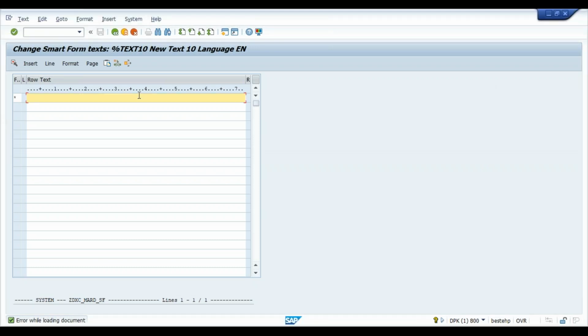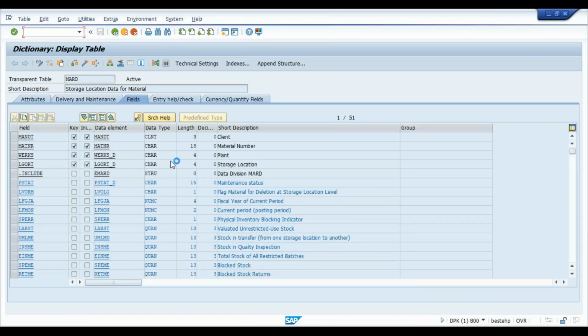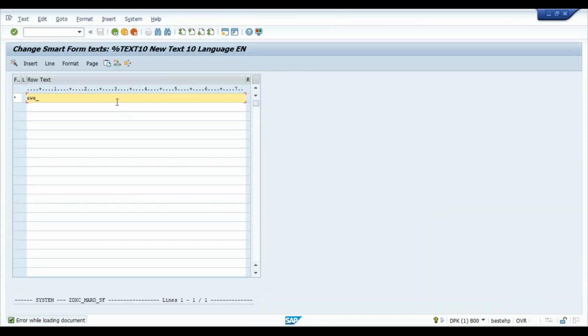So we're writing the field names with W underscore, this is the third one. The third one, the field name was LGORT, storage location. So MARD hyphen LGORT, and